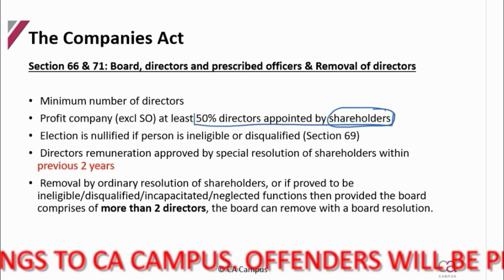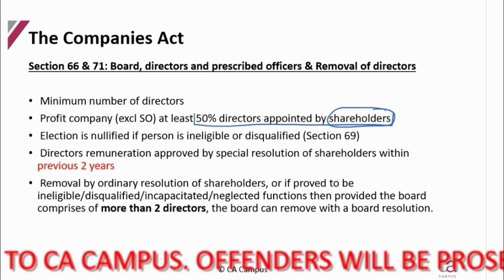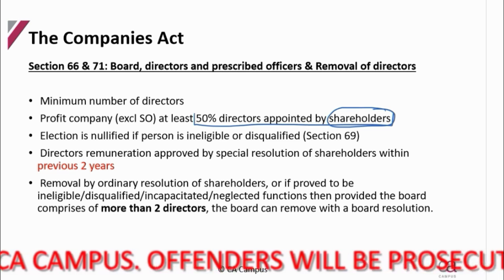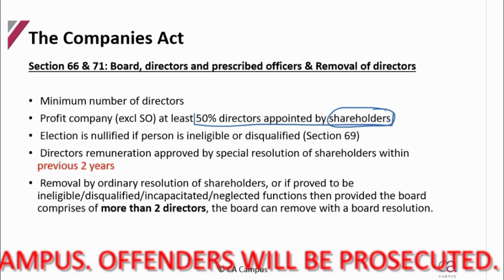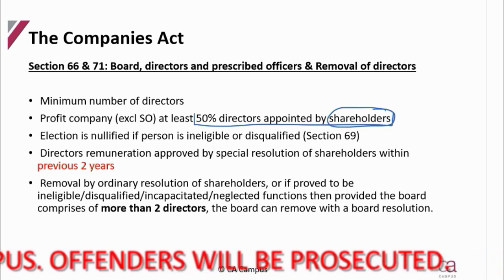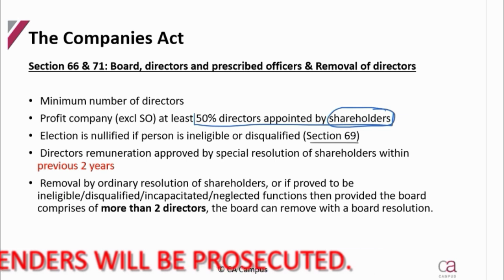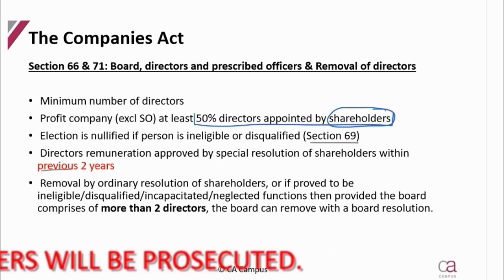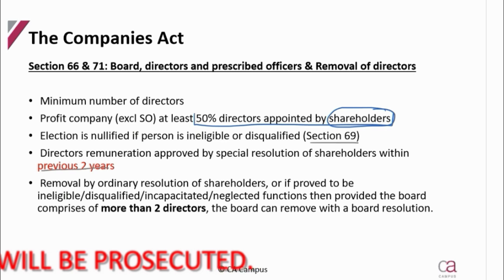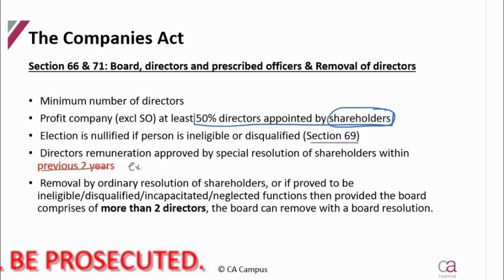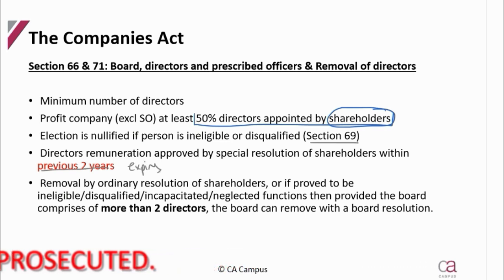Okay, if a person is ineligible or disqualified, the election is void. They can't be elected, and that's going to be covered now in section 69. A special resolution must be passed within 2 years for directors' remuneration. So just to say that there is an expiry on that. Okay, eventually after 2 years they're going to have to get a new resolution for the next remuneration for your